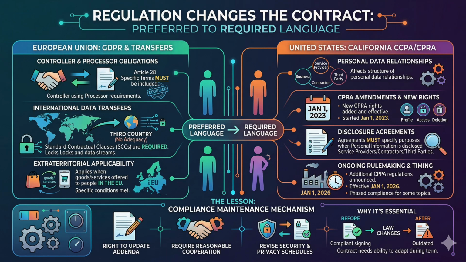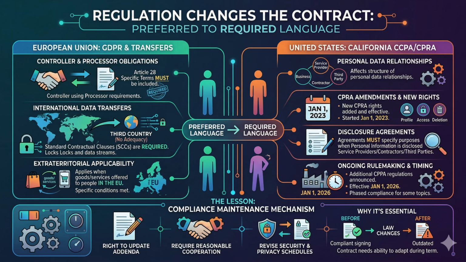California's official materials explain that CPRA amendments added new rights that began January 1, 2023. California's statute also requires agreements when personal information is disclosed to service providers, contractors, or third parties for limited and specified purposes. California's rulemaking has continued, and the CPPA announced additional regulations taking effect January 1, 2026, with phased compliance